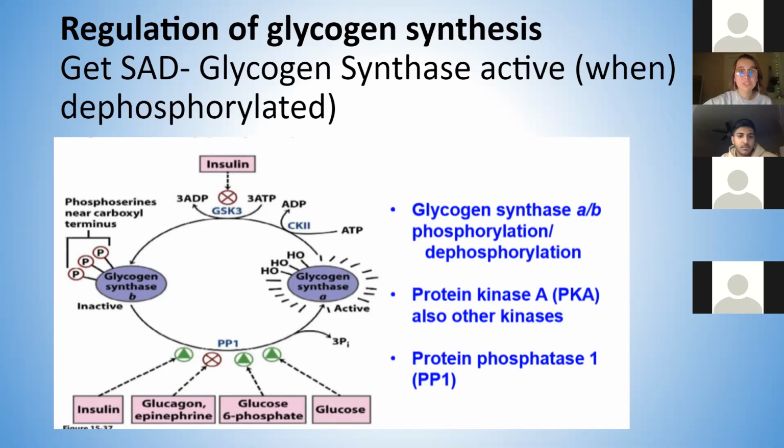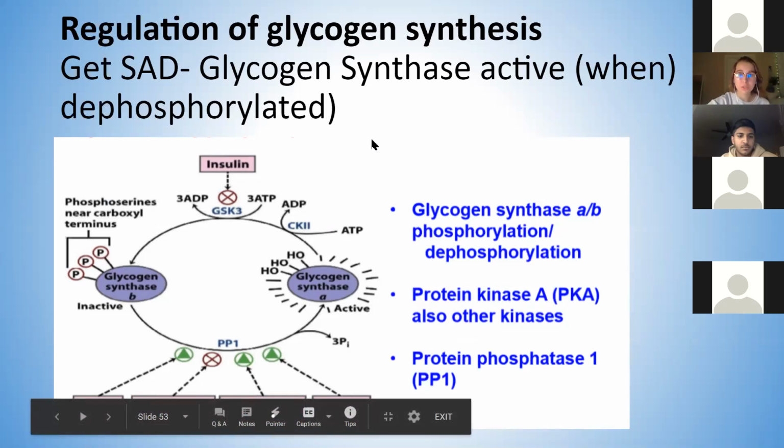This glycogen synthase is going to want to be active when we have a lot of glucose in the blood in order to start synthesizing glycogen. So kind of taking a step back and looking at, okay, I have these conditions, what am I going to want to do with these conditions? That is a really good way to be looking at the